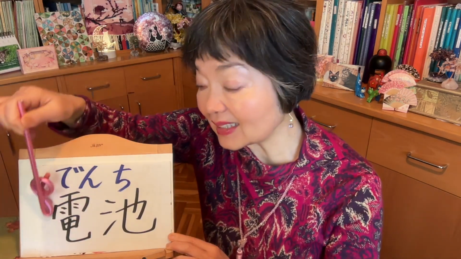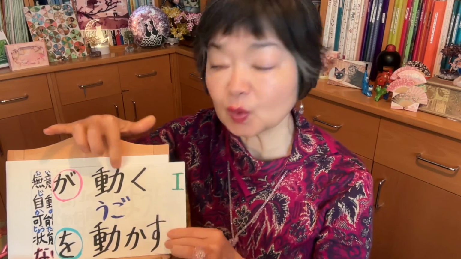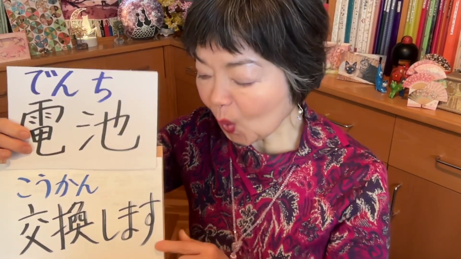The meaning 電 this is electricity. 池 it means pond. So electricity and pond. This is battery. 電池. 時計が正確に動くように電池を交換しました。